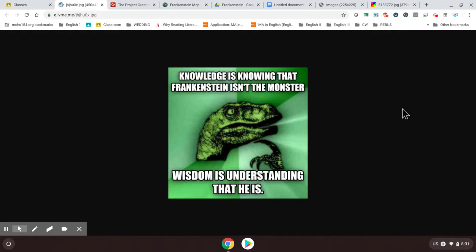A majority of the time, question 2 will ask you in some way, shape, or form to explain the complex characterization of some character that's in the passage. So these chapters become really important, because if I were to ask you something, like I did in the opening letters, characterize Robert Walton, if I were to say choose a 300 word passage that you think helps to explain the complex characterization of Victor Frankenstein, these would be a really good set of chapters to do that with